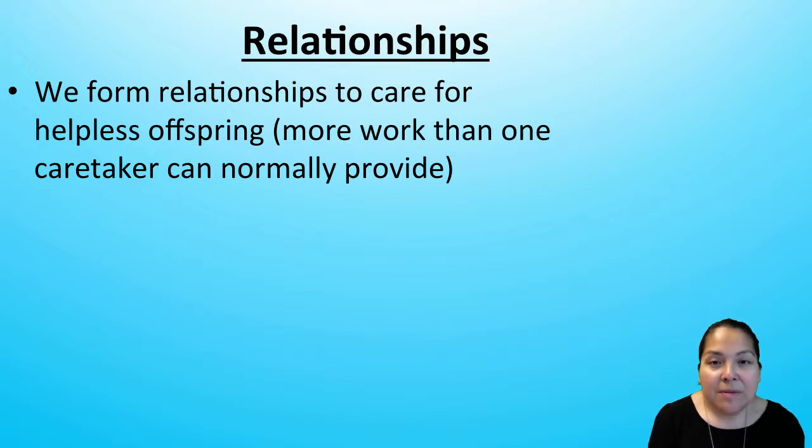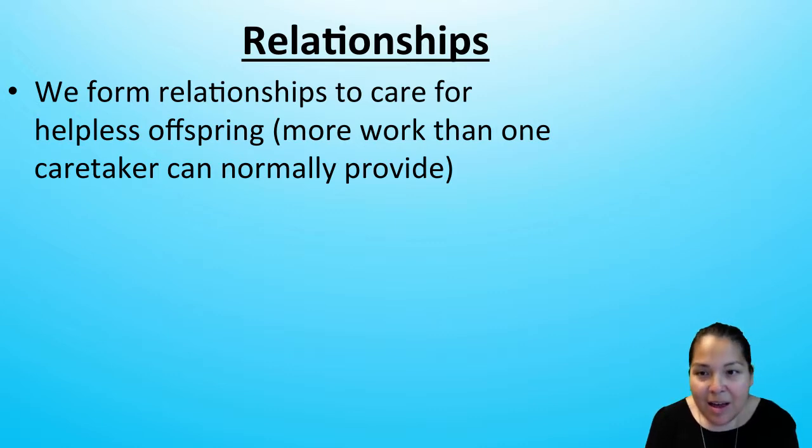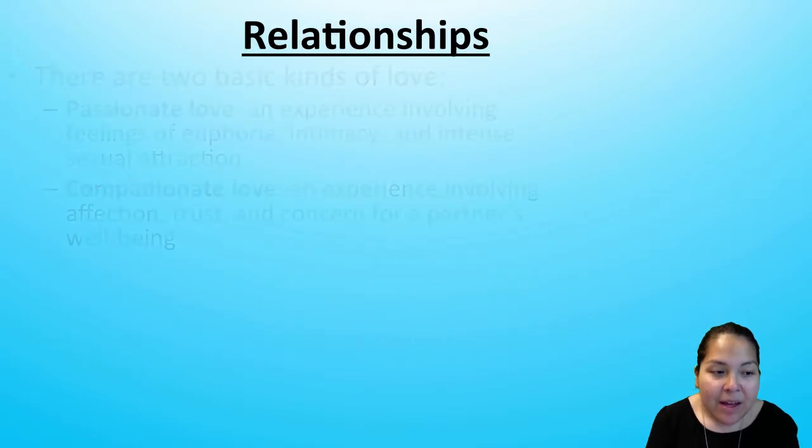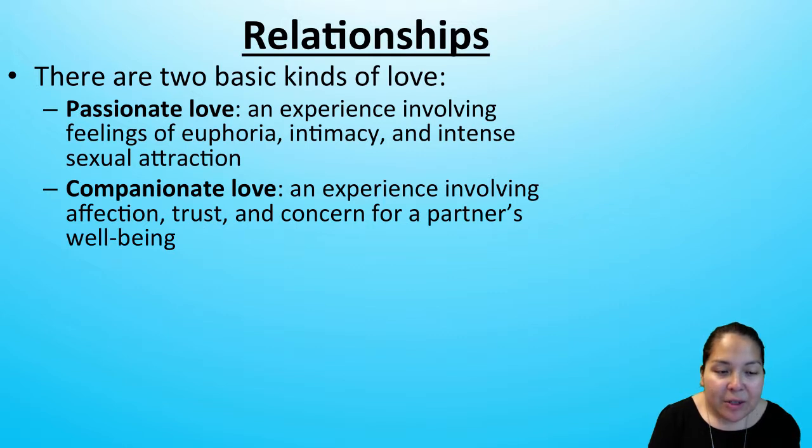There are many reasons for divorce, and one dominant fault that we may consider is that couples may not have a clear understanding of what love is. But then what exactly is love, and what does social psychology tell us about love? As we'll see within the next slide, there are two basic kinds of love. There are two, and these include passionate and companionate love.